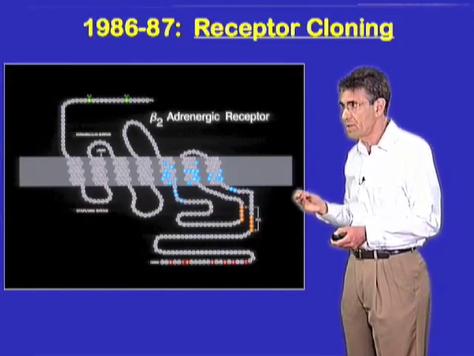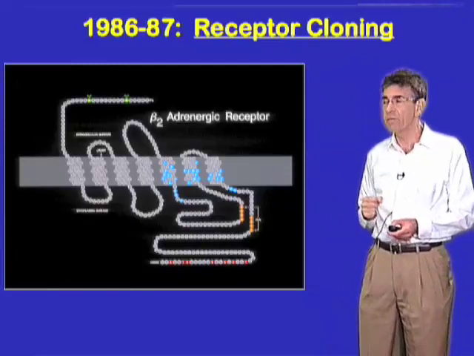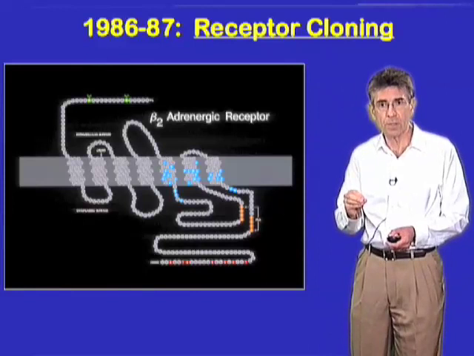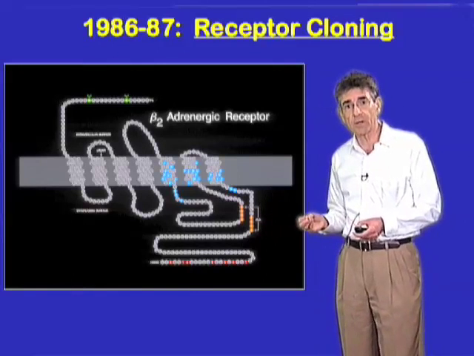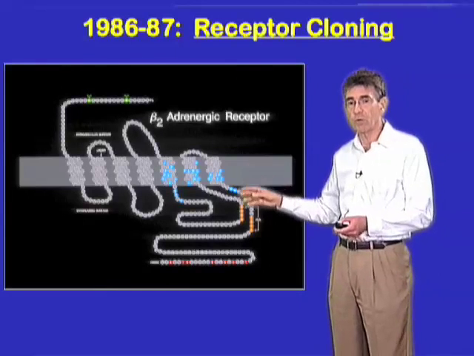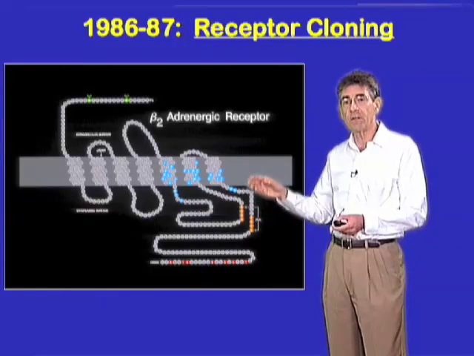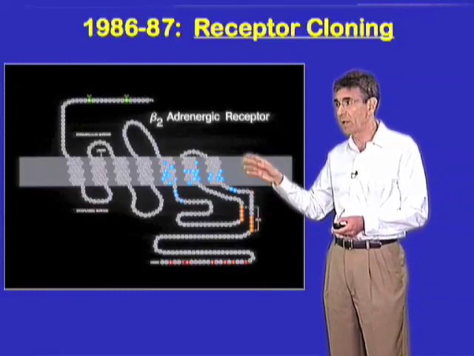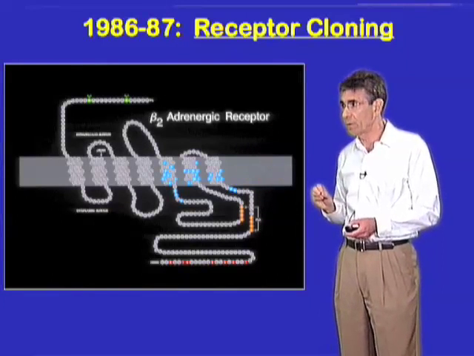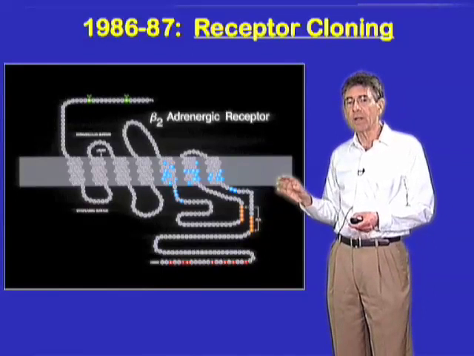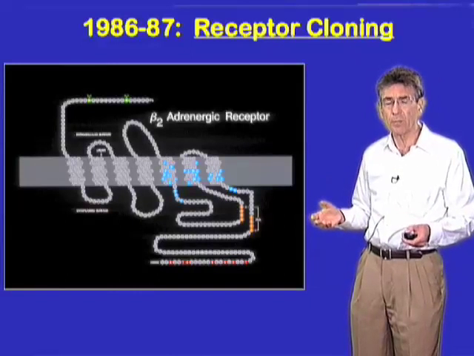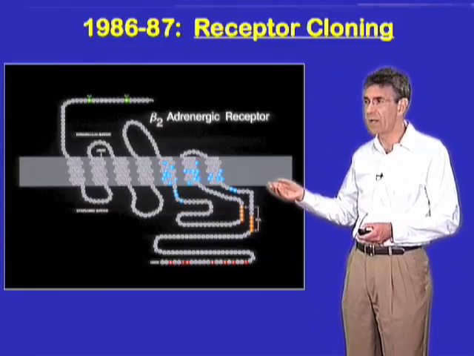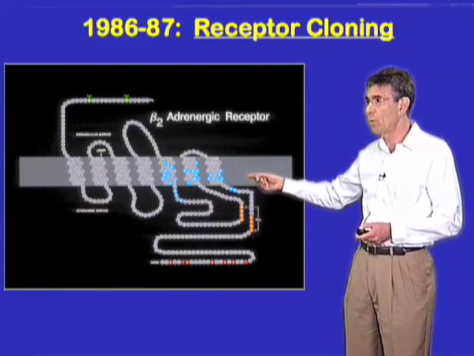Now, back in the mid-80s, most of us working in the signaling field were aware of the fact that there was a great deal of functional analogy between the visual system and the beta-adrenergic receptor stimulated adenylate cyclase. Both worked through a G protein, GS in one case, transducin in the other, and both worked through an enzyme, either a cyclic GMP phosphodiesterase in the retina or an adenylate cyclase in other mammalian tissues, which responded to the G protein. But nobody really thought that there was any structural analogy between rhodopsin and all the other members of the G protein coupled receptor family. However, when we succeeded in 1986 in cloning the beta-2 adrenergic receptor, we immediately could see